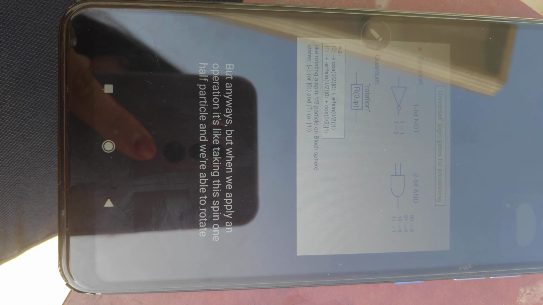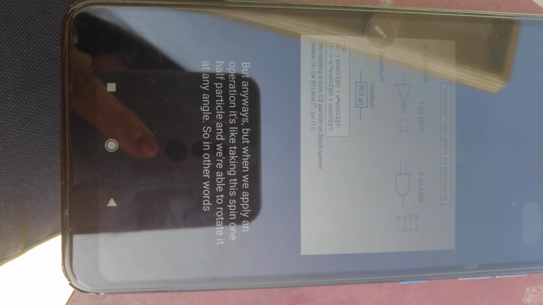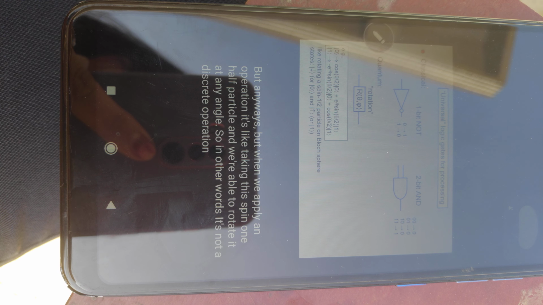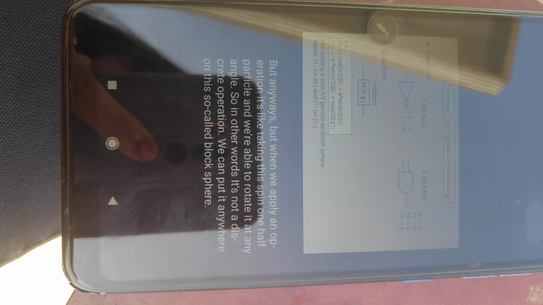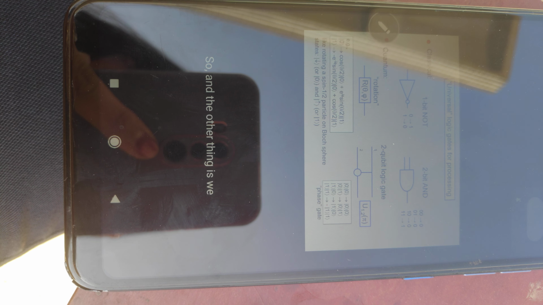But anyways, when we apply an operation, it's like taking this spin one-half particle and we're able to rotate it at any angle. So in other words, it's not a discrete operation. We can put it anywhere on this so-called Bloch sphere. And the other thing is, it turns out, an analog to a two-bit AND gate in a